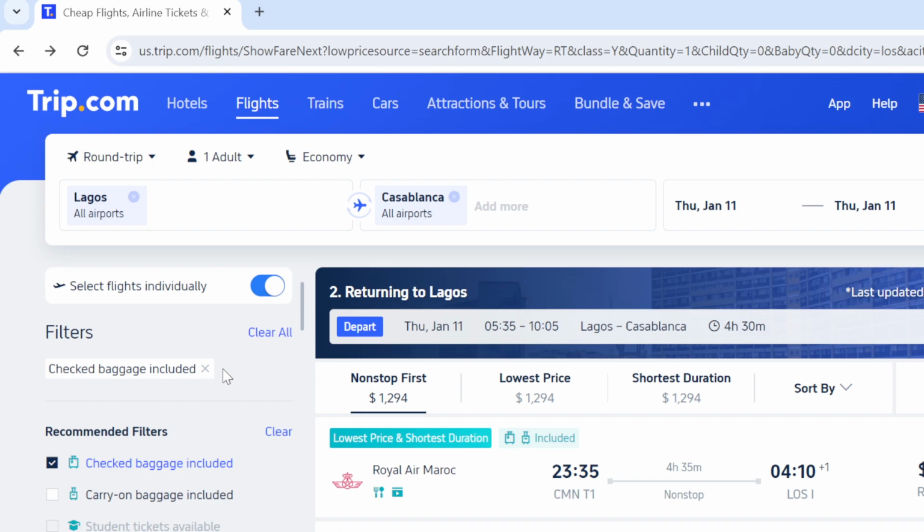Remember, you log into the website, and once you're on the process of booking your flights, check the left side of your screen under filters, under recommended filters, and you're going to see the option to click on checked baggage included at the left side of your screen. You click on it and it will be automatically added. So this is basically how to request